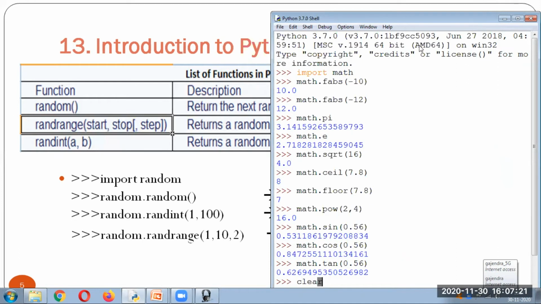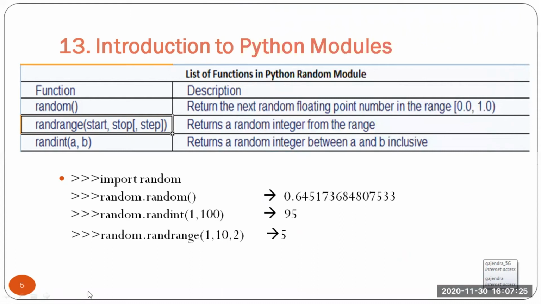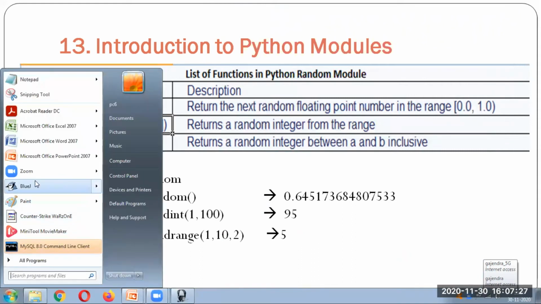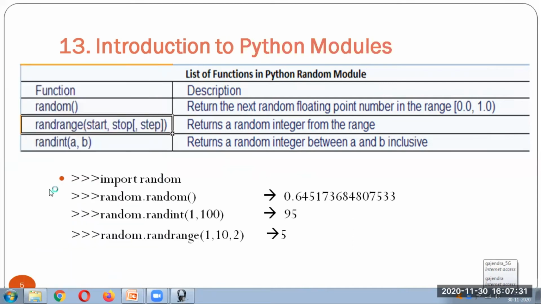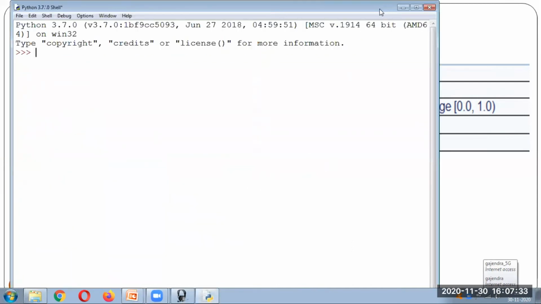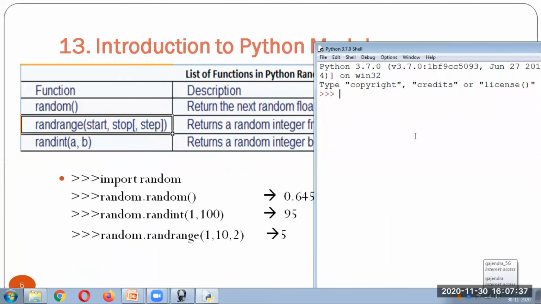We will close the window and start again, it will be easier for us to understand. So we'll make use of the random module: import random. Next we can use the methods related to that.